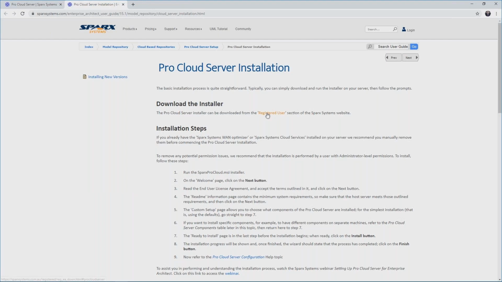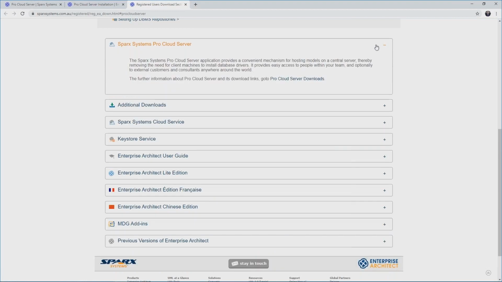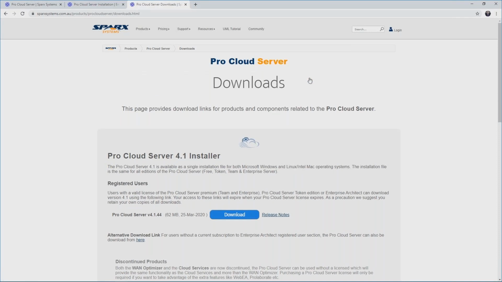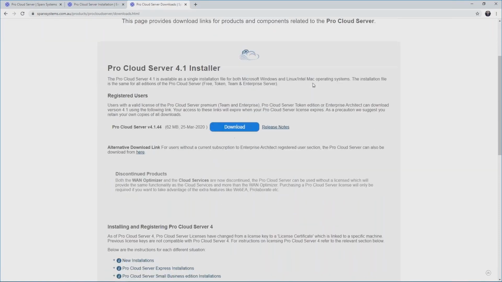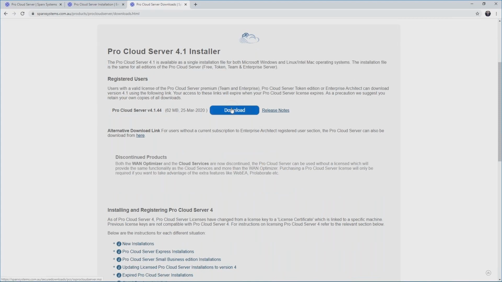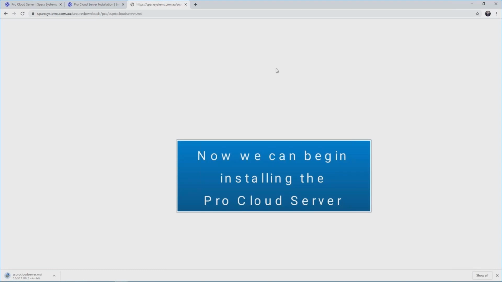It even provides a link so that you can go straight there, select the ProCloud server, and go to the download section and get that straight away. We're using the ProCloud server version 4.1, and there are detailed release notes. It prompts you, and all you need to do is enter your registered user credentials, and you can jump in and access it. And you can see it's an MSI file called